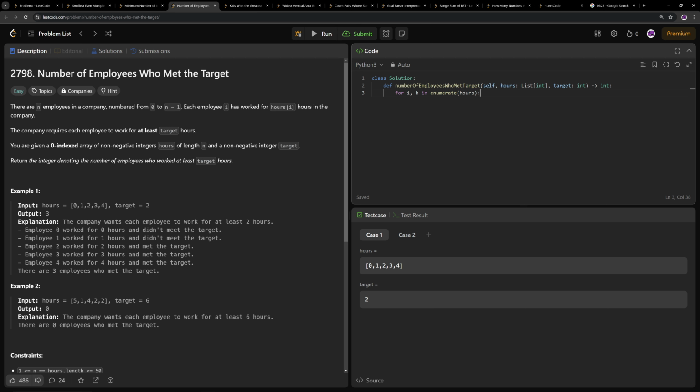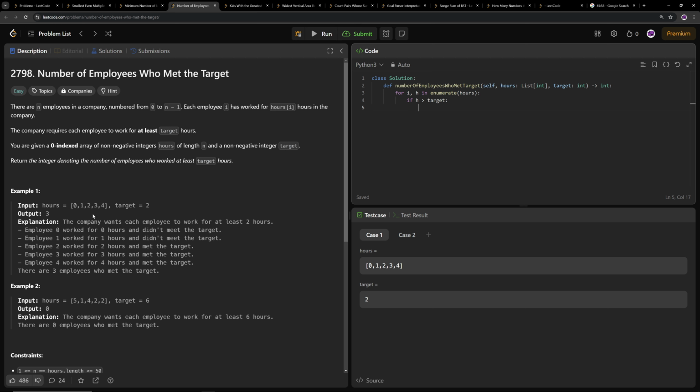That way we can get the index and the hour at the same time. So now what we do is, okay, if the hour is less than or equal to target, or not less than or equal to, is it? Wait, no. Sorry, I think it's this one actually. If it's greater than that, that means,